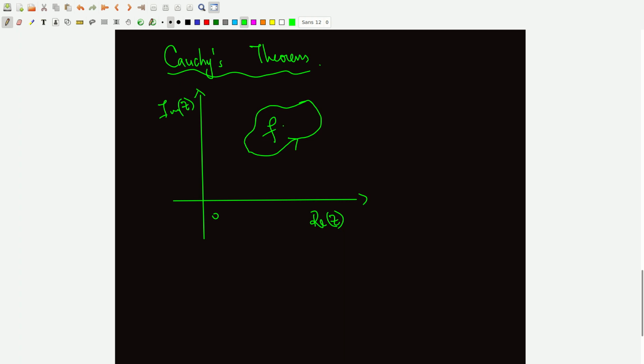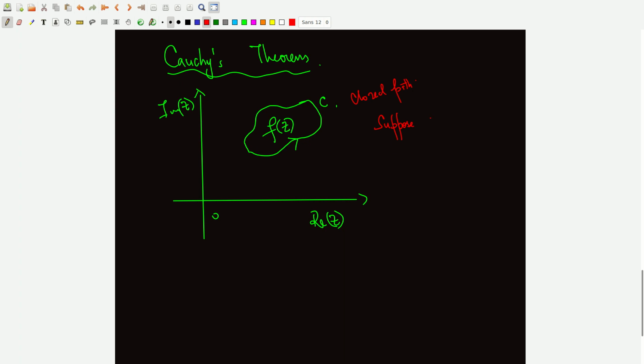Usually they say that a path which is counterclockwise is positively oriented by convention. So we have our function f(z) inside there. We have this path which we are going to call C, and we have said that this is a closed path. So Cauchy's theorem here tells us that